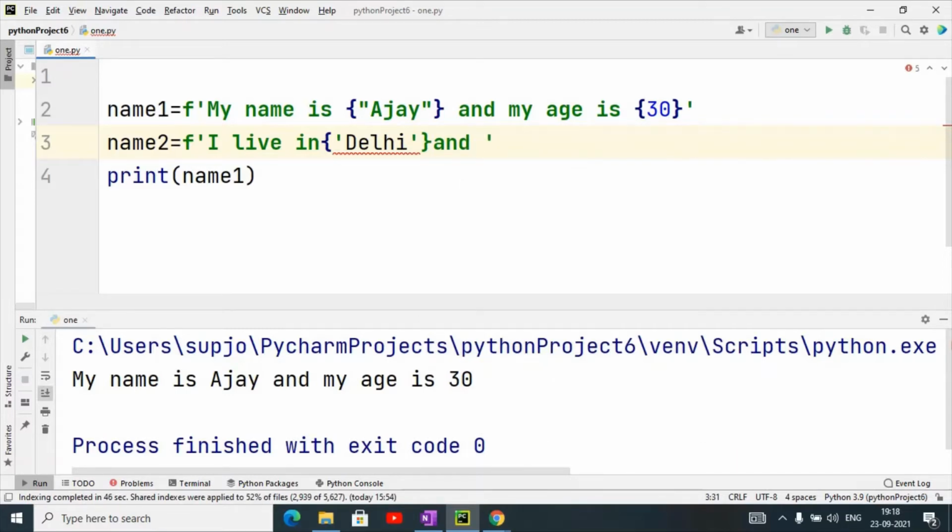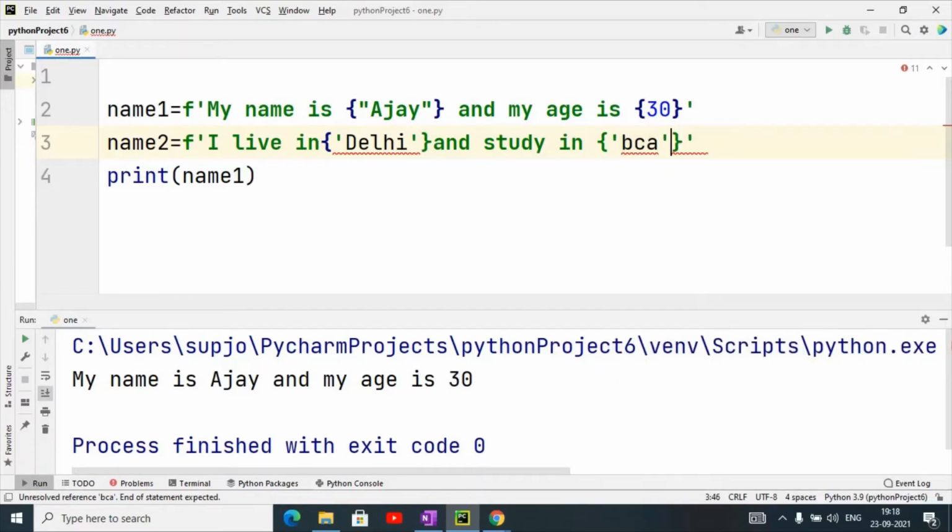And I live in Delhi, and I study in, then again I can use curly braces here, and I can give BCA.